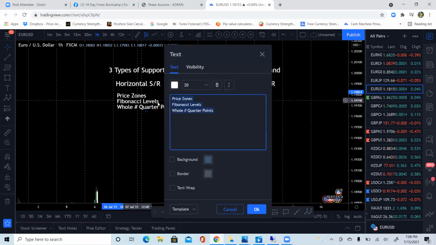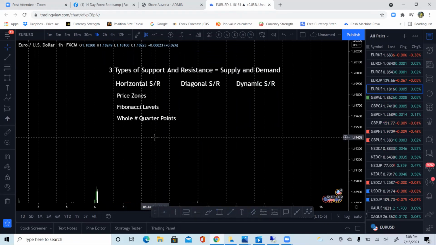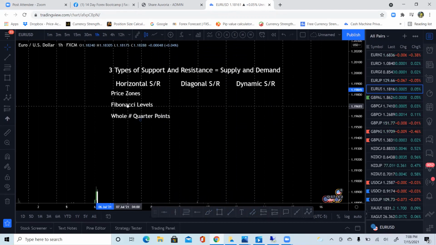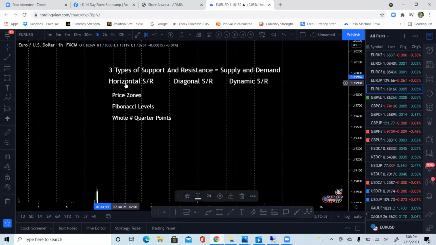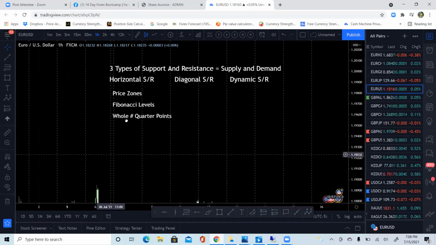So let's start there. That's your horizontal one. So with horizontal, with your price zones, we went into it a little bit in a